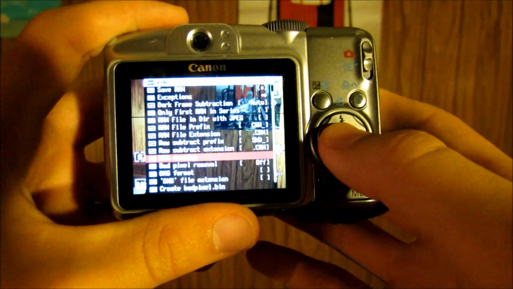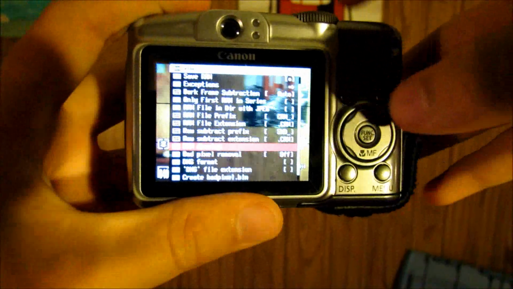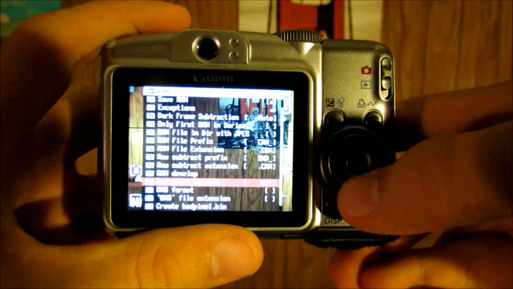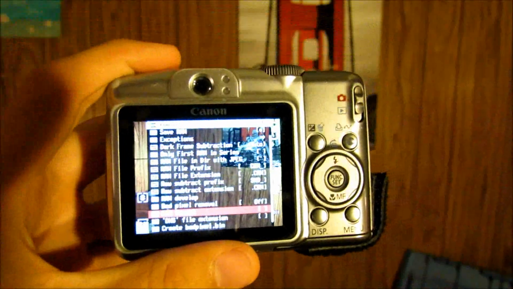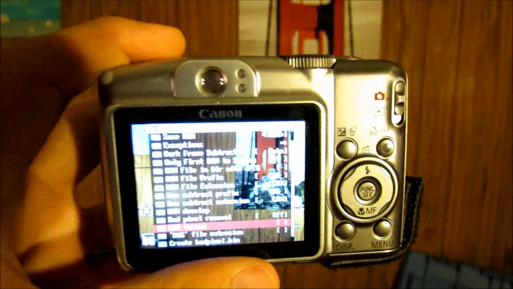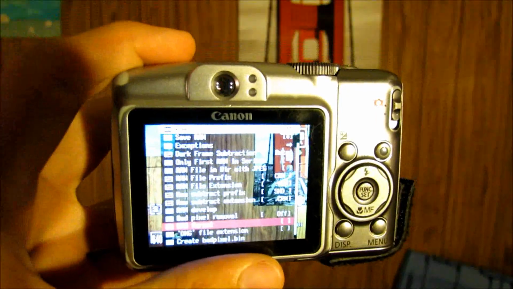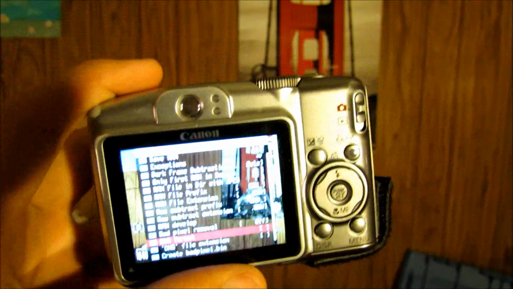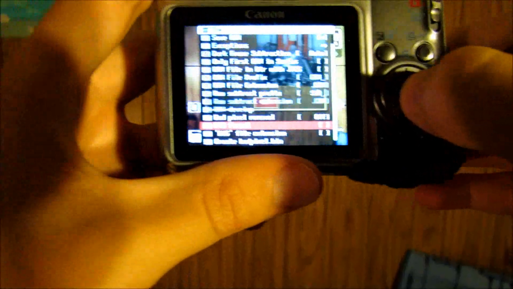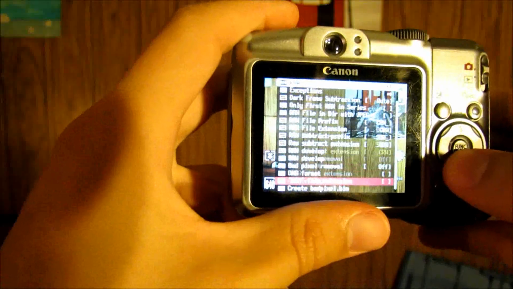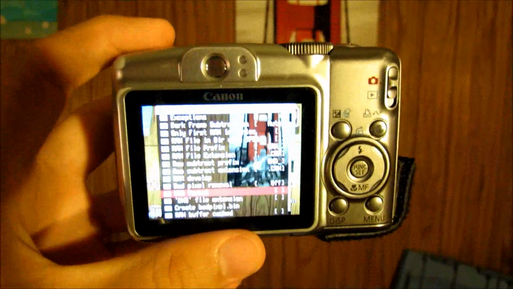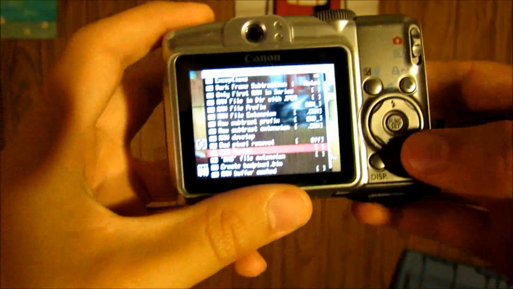And another good one is you can develop the RAW in camera by hitting RAW develop and then selecting the one you want. But there's also DNG format, because with RAW on this camera, or really on any camera, CHDK saves its own file type, which isn't really compatible with anything except their own programs. But if you do DNG format, well, you have to create a bad pixel bin. And after you do that, when you select this, it'll be a lot more compatible with different devices, which is